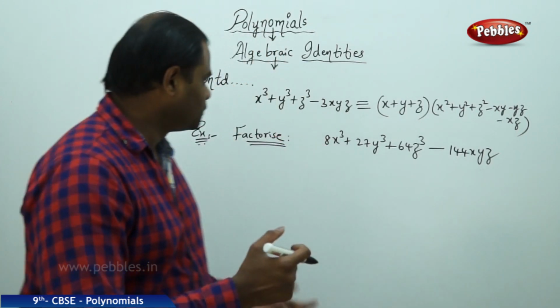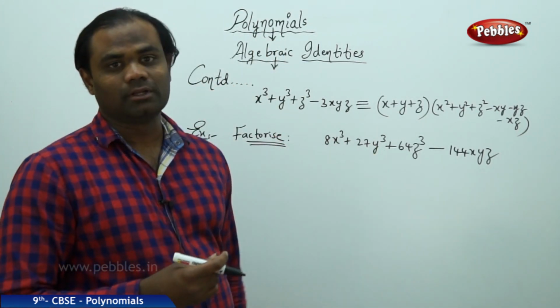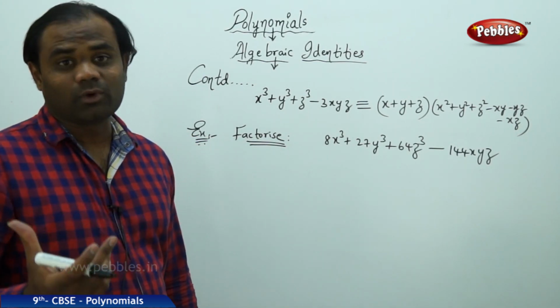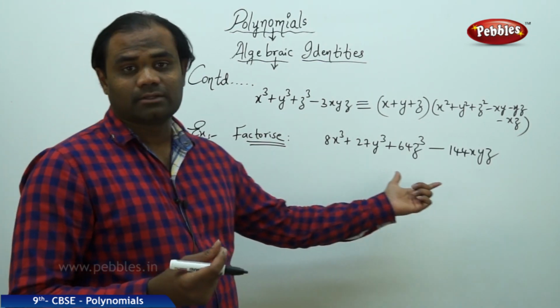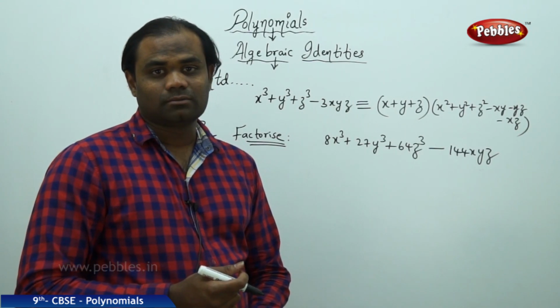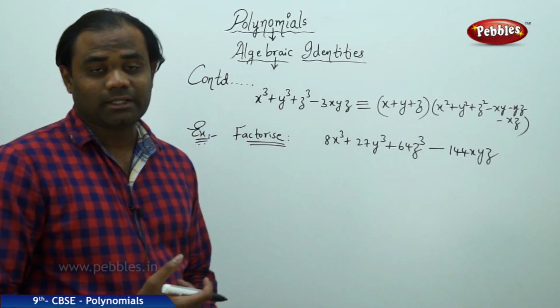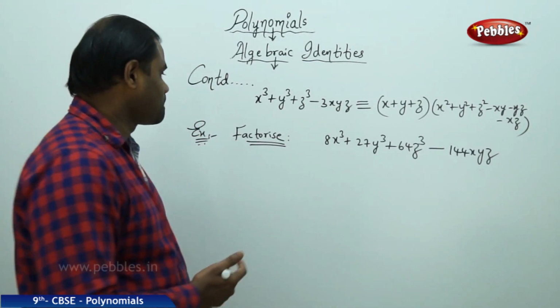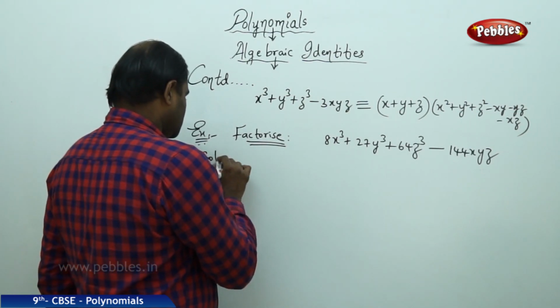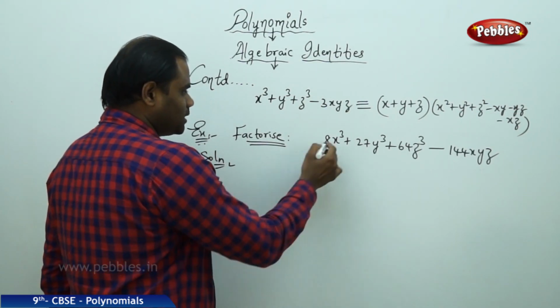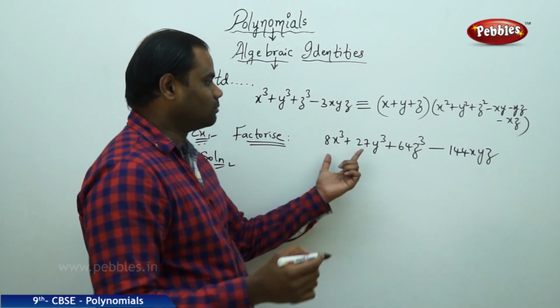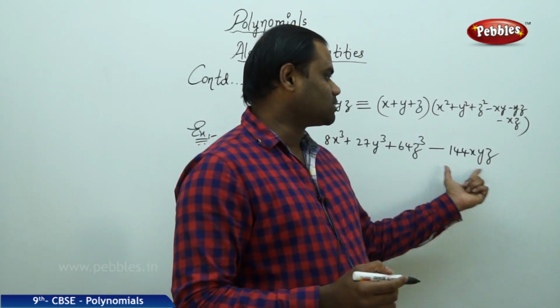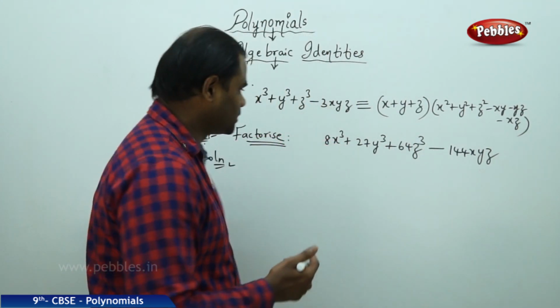So let's see how we can factorize this polynomial, which is in more than one variable, x, y and z being the variables, using the concept of the algebraic identities. Now the given problem, which is 8x cubed plus 27y cubed plus 64z cubed minus 144xyz, can clearly be